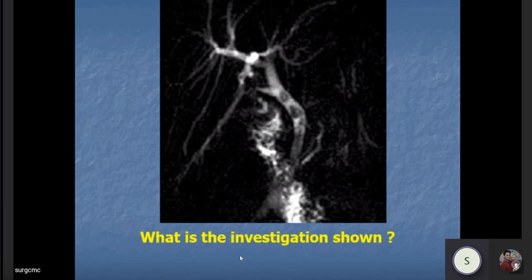Sir, how is it possible that there is a dilated CBD and there is no jaundice? A number of times it is possible. It always happens. See, if the CBD is dilated, it means there is obstruction. But if there is partial obstruction, the bile can pass through slowly. So there will be biochemical changes, like alkaline phosphatase will be raised, but there will not be clinical jaundice. Okay, sir. Thank you.